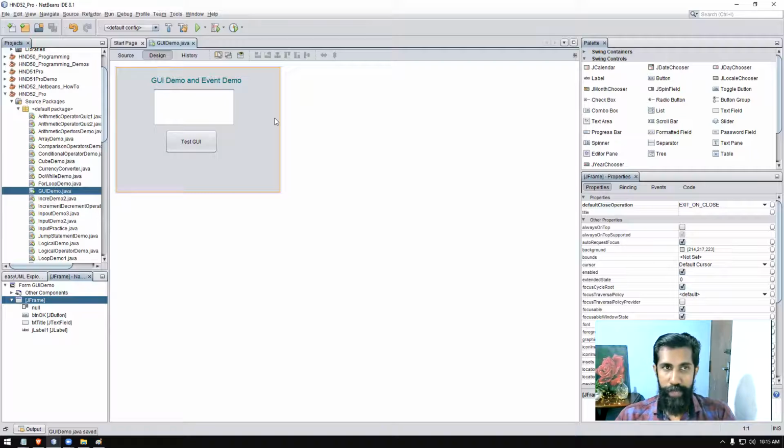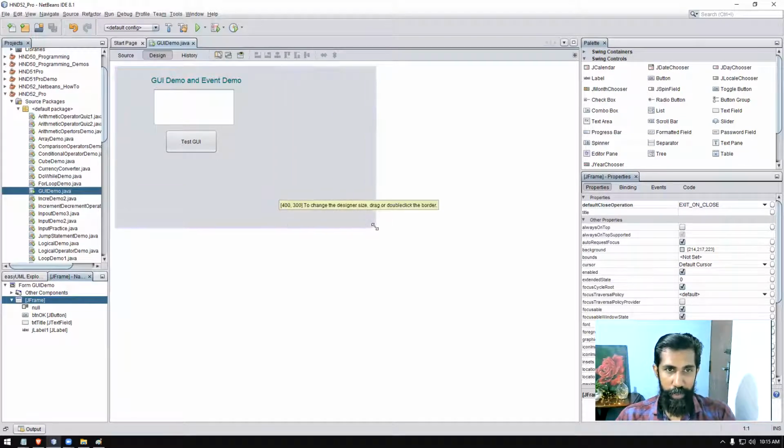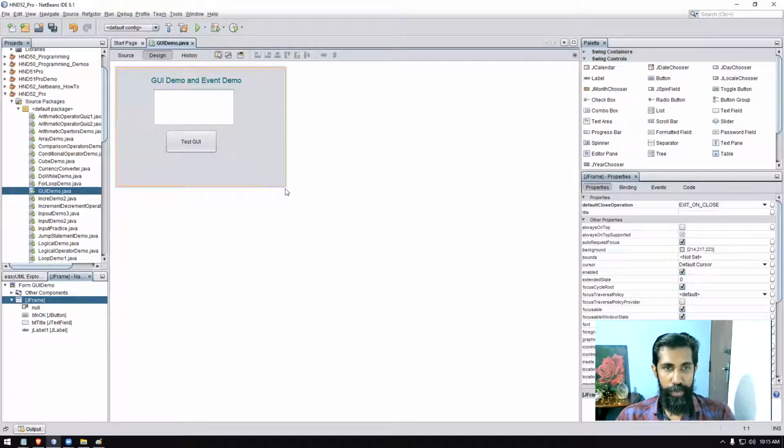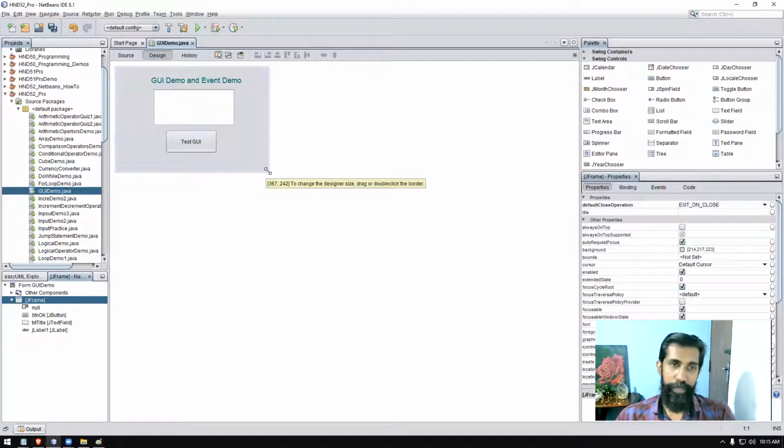One more thing that you have to set is the width of the screen. When you're clicking and dragging, what's happening is you are changing the size. So now it is a different size, and accordingly you can change it. Now this is, I think, something like 300 and something by 200 something.